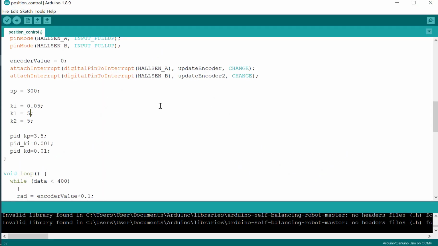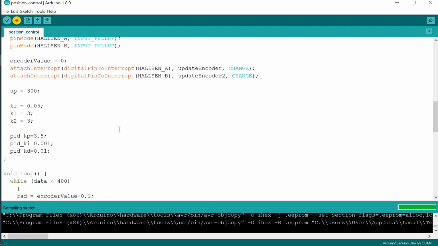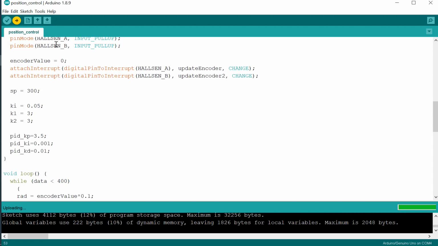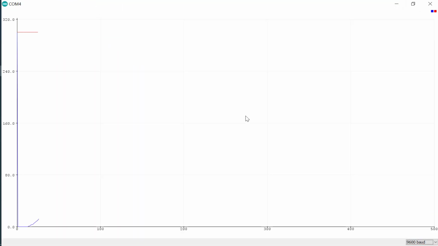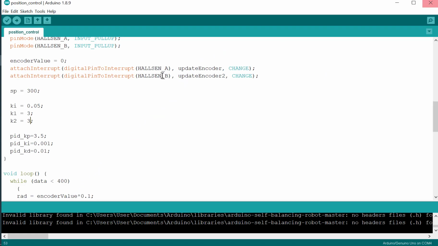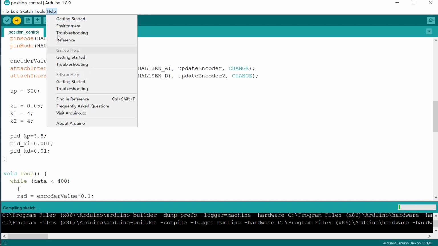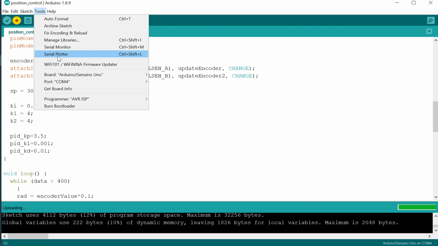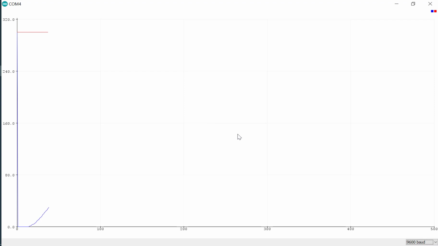The response is not good, so we need to do a lot of experiments to get the best parameter here. Perhaps 4. So when we use the set point of 200, the response is good.